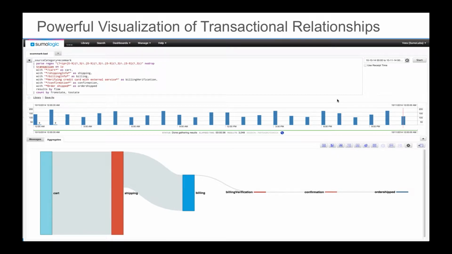And so you can spot things like, okay, X number of users logged in, added items to the cart, but never bought, and you can focus in on that. Or you can see that a lot of people are coming in, and these people are going and scanning a printer. You can hone in on those particular IP addresses or those particular users and drill down more into it. So it's a very effective way to visualize what people are doing and what the distribution is like across a flow.